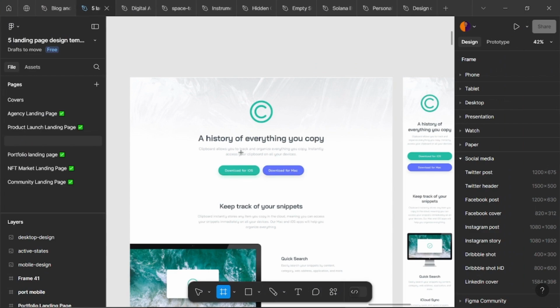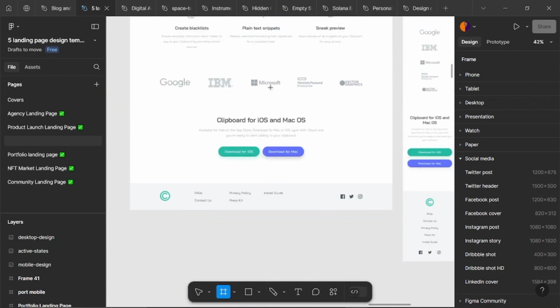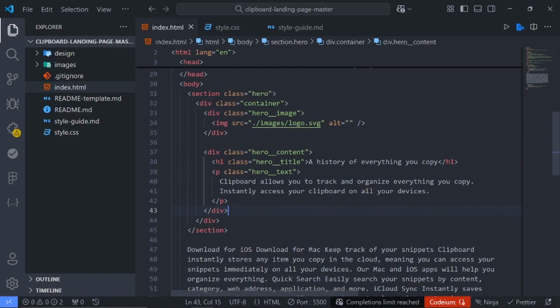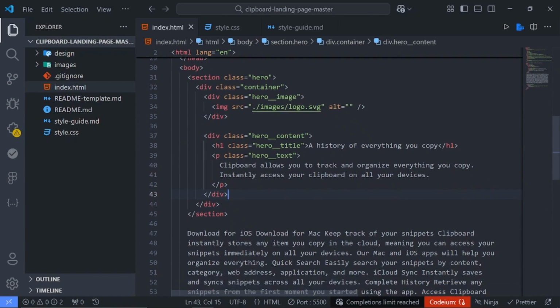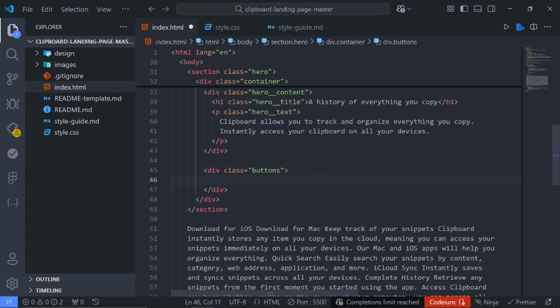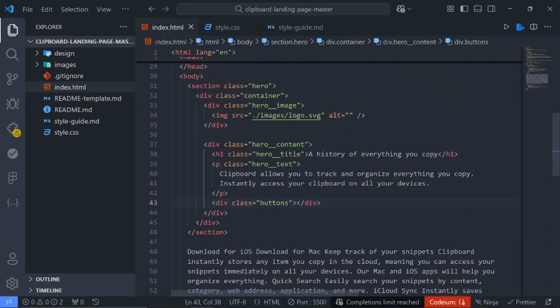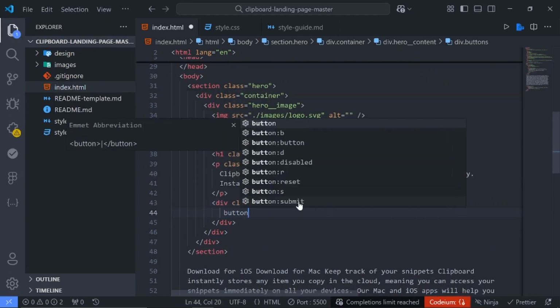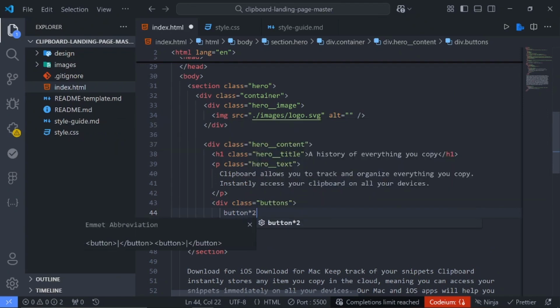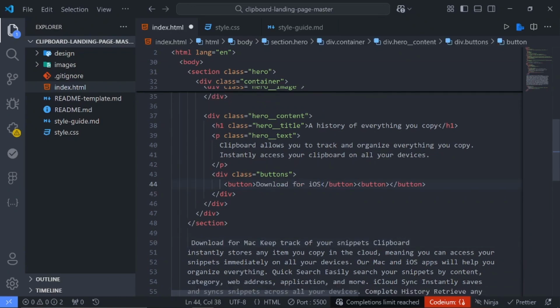Then for the buttons right here, remember, like I said, the buttons now are reusable right here. So what we'll do is that we won't give the buttons the same hero class, so that we don't style it for just the hero section. What I will do is I will create another buttons div, but it's still under the hero, and it should still be inside the hero content. And we'll create two buttons, so we can see button times 2, and this is just using Emmet to do this for us. And the first one says download for iOS, next one says download for Mac,